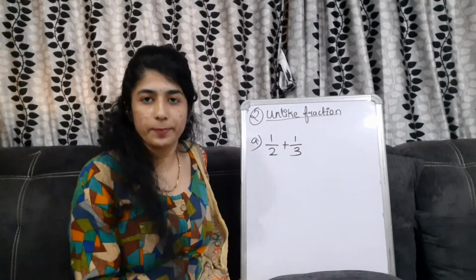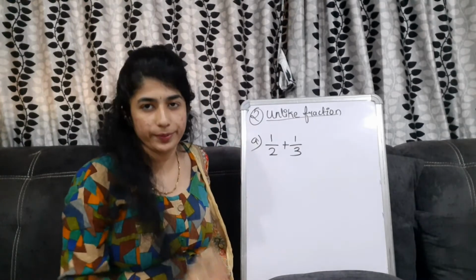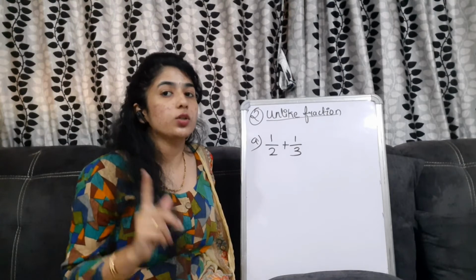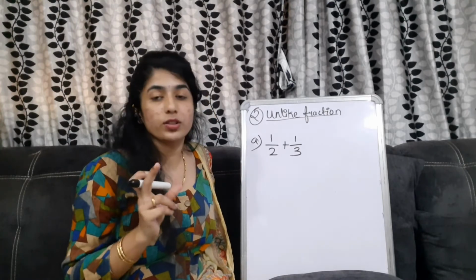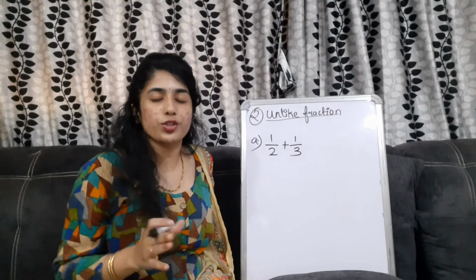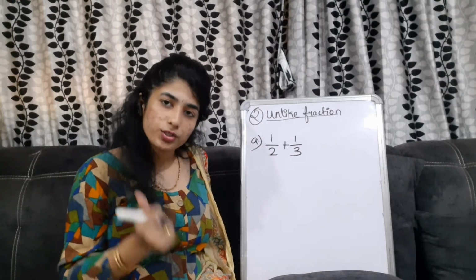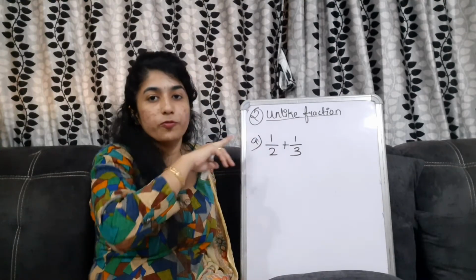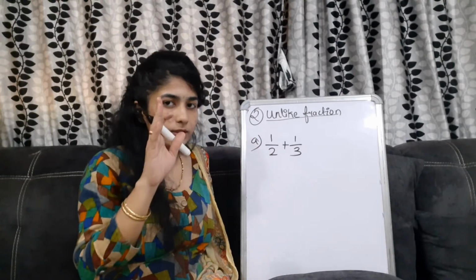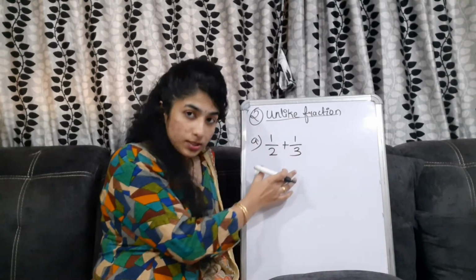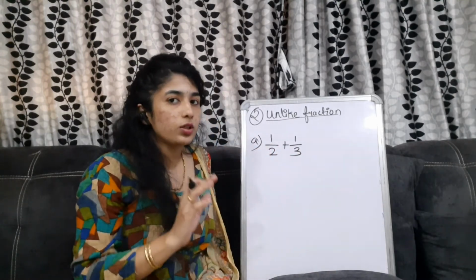This is the simple sum I am taking. 1 upon 2 plus 1 upon 3. Okay. Here first step you need to check the question, that is you need to check whether the denominators are same or not. Always, whenever you are given a question with regards to fractions and it is about addition and subtraction, first check the denominator. If the denominators are same, you just have to follow the previous procedure and go with it, easiest one. But when the denominators are not same, you will go with the cross multiplication.